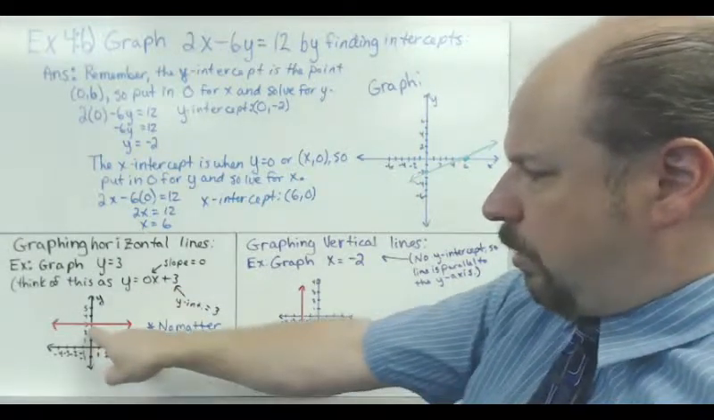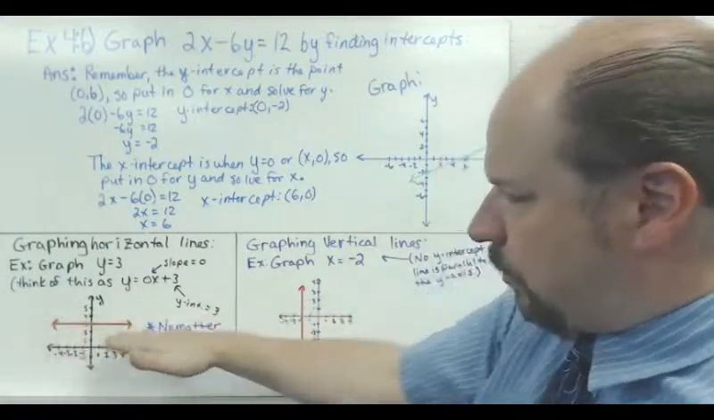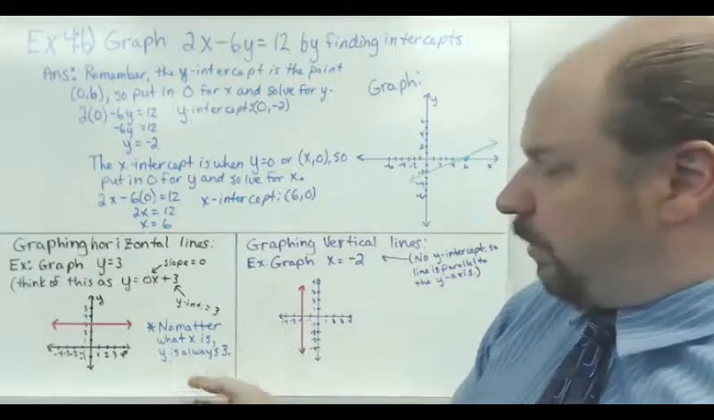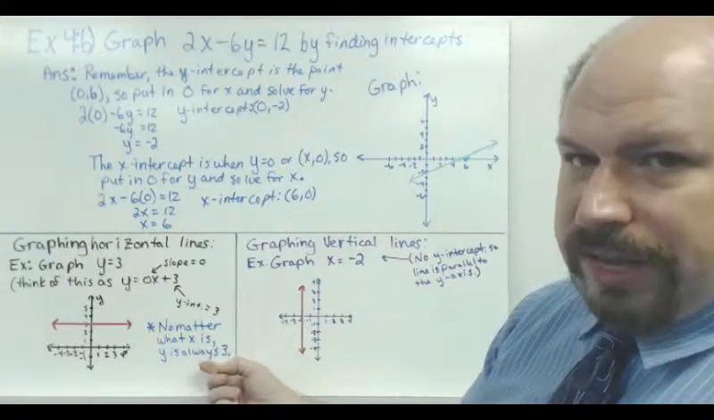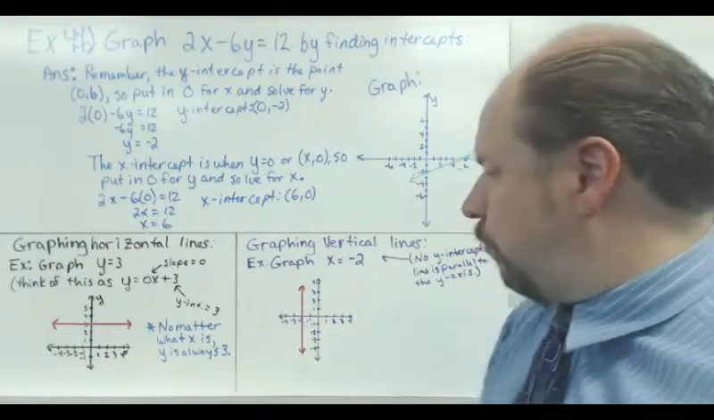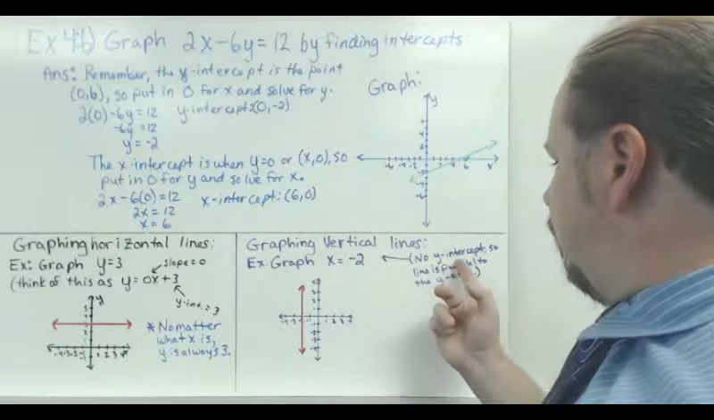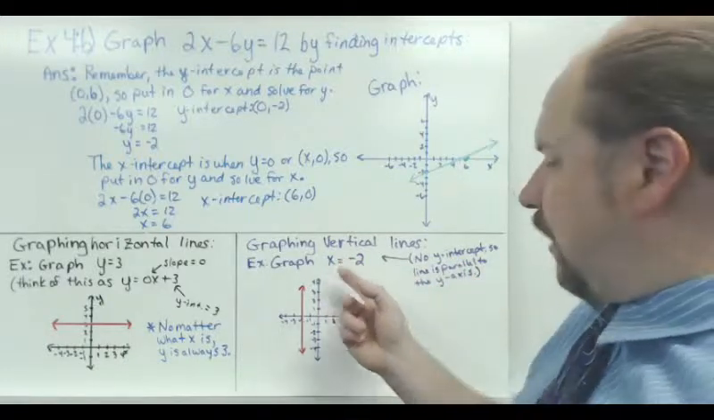So I just made my line up here. It has a y-intercept of 3 with a slope of 0. So another way you can think about this is no matter what the value of x is, y is always positive 3. Okay, so we can kind of think the same way with vertical lines,